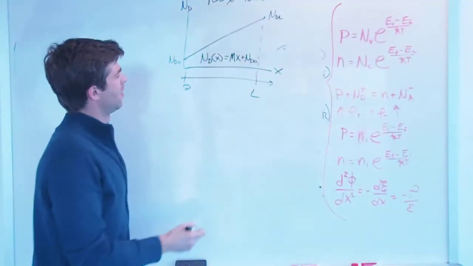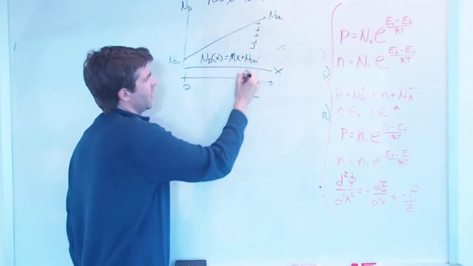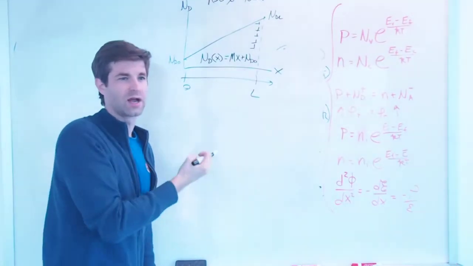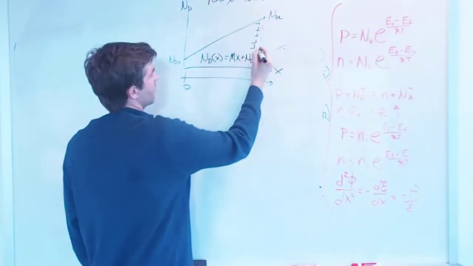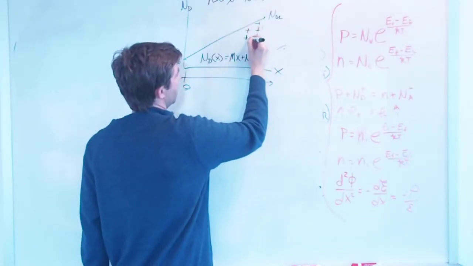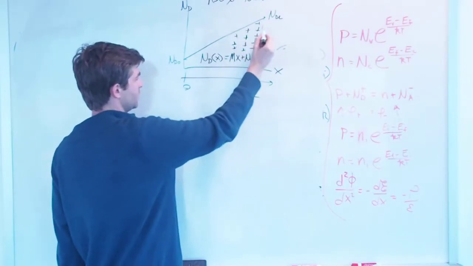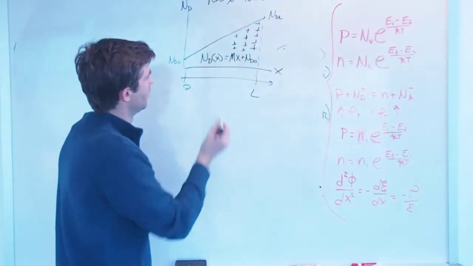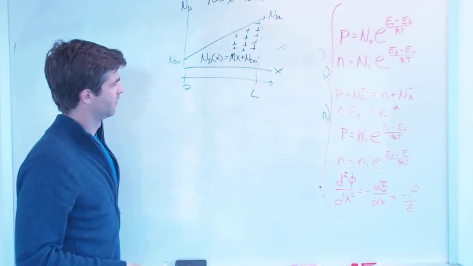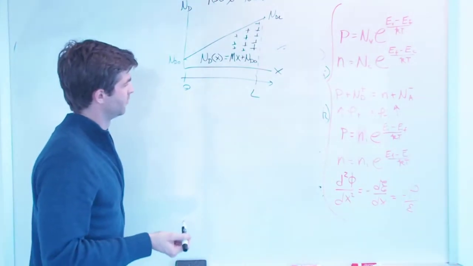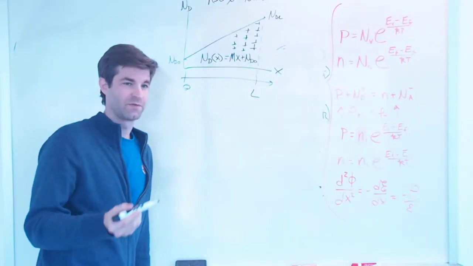So what happens is all of our donor ions are going to build up over here. At this point right here, because donor ions are fixed, they're in the lattice, they're not going anywhere, right? They're stuck in the lattice by these covalent bonds. And as we go from 0 to L, our ionized donor concentration increases. Each one of these donors is giving up an electron, going up to the conduction band. But electrons in a non-degenerate semiconductor follow Fick's law,